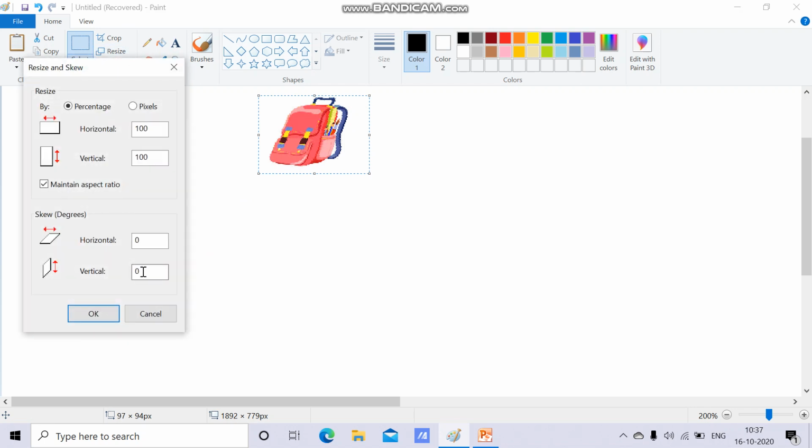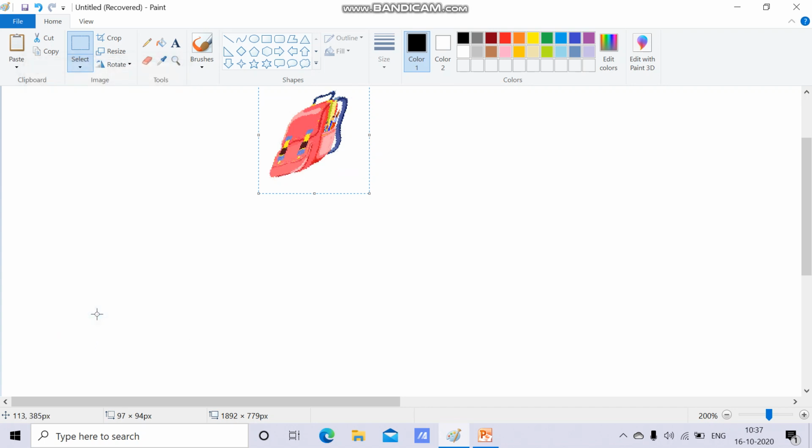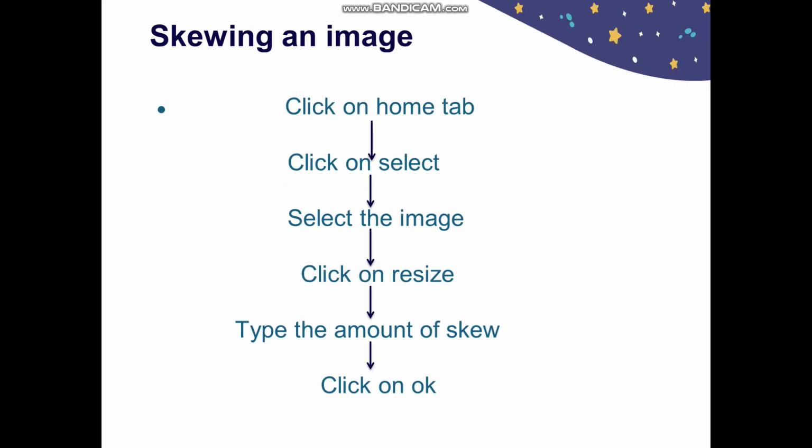Again, vertically. So, you can see the change in the images. This is how we can change the size of the images. Select it, then go to resize option and you can change the size of the image from there.